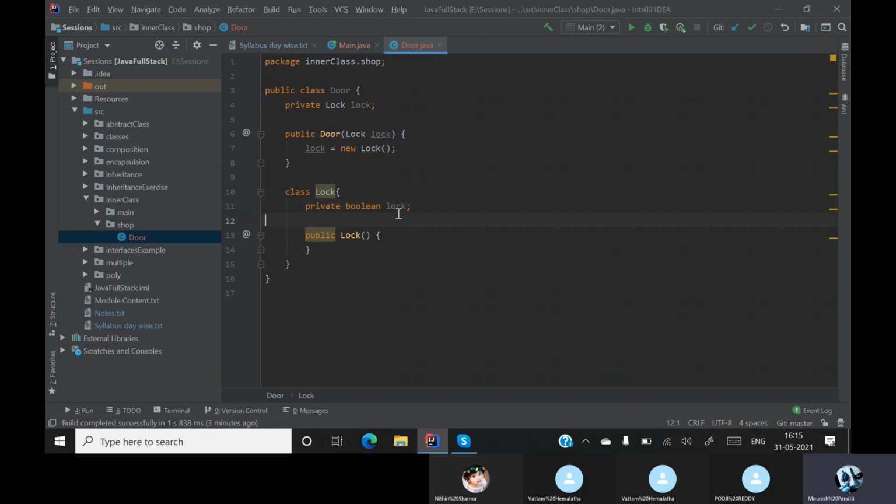So if this lock is true, it means that the door is closed. If this lock is false, it means that the door is open. Yes or no? Yes, sir. If you understand this, I'll be very happy. If you don't understand this, then also I'll be very happy.